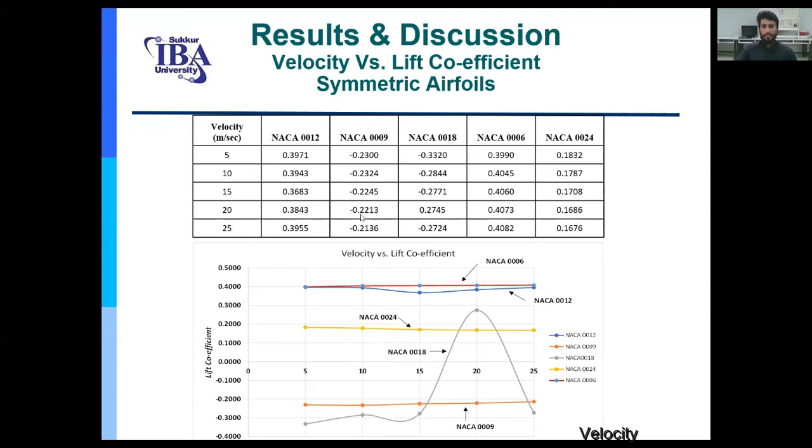The lift coefficient for different airfoils is given. This is the graph for velocity versus lift coefficient for asymmetric airfoil. This red line shows the lift coefficient value for NACA 0006, and this blue line shows the